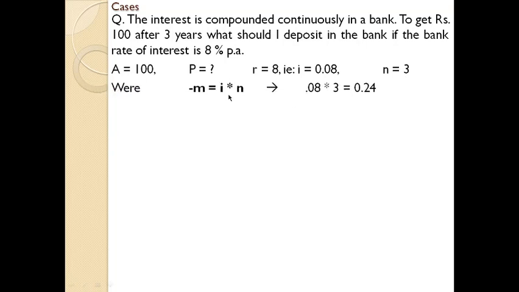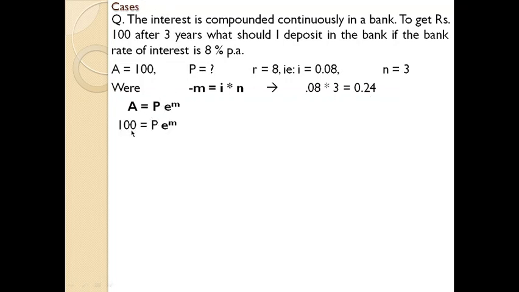So m, or minus m, equal to i into n. Here minus m or plus m, it doesn't matter. The concept is that you need to find the value as per the table, and in order to change the negative power, you need to divide 1 by a certain number as per the computation from the table. So m equal to i into n, where i equal to 0.08 into 3, you get 0.24. Now the equation is A equal to P into e raised to m. Here it is plus m, and you need to find the value of 0.24 as per the table.